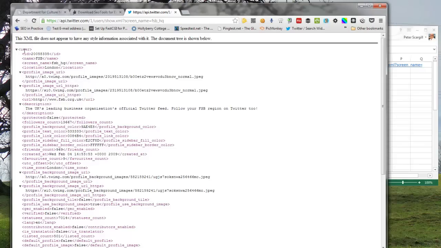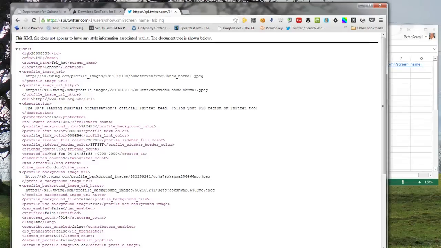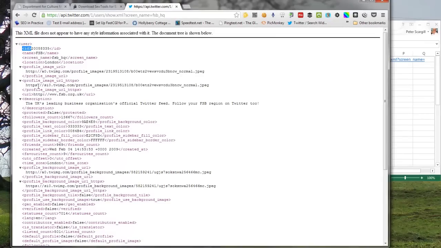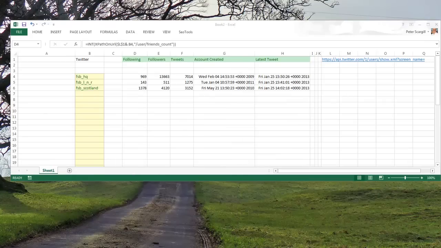General format is, for example, to get an ID, start of ID is ID in square brackets, and then end of ID, the slash indicates end of ID. So within the user that has an ID, the user might have, for example, statuses count. So to get that out of the XML file, what they've done is